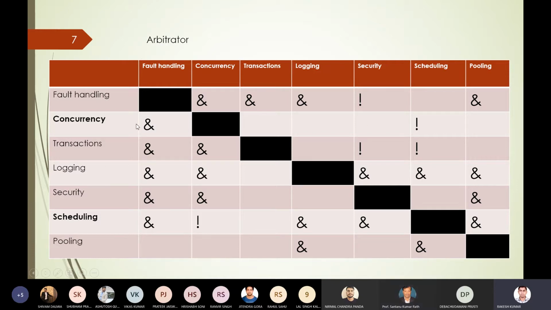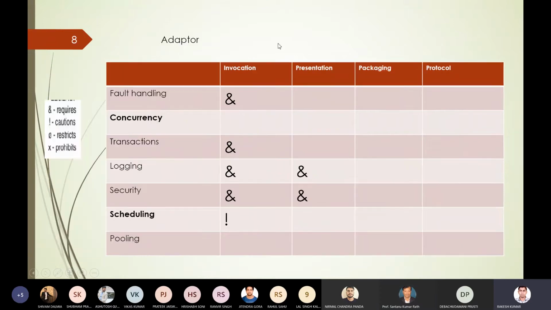Similarly, the case with fault handling and security, concurrency with scheduling, and transactions with scheduling. The rest all these signs are for require, means if we are using concurrency, then we must combine it with fault handling. This ampersand sign represents requires, means if we are combining one dimension, the other dimensions are compulsory.